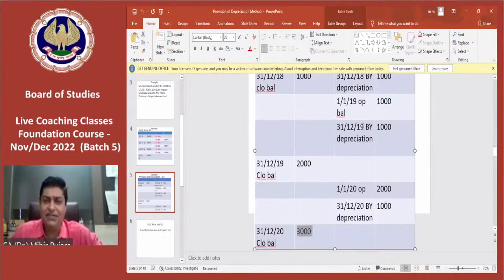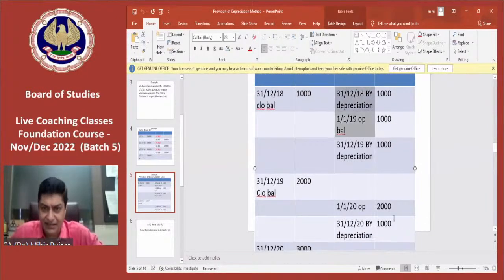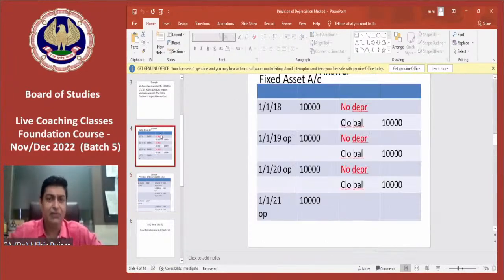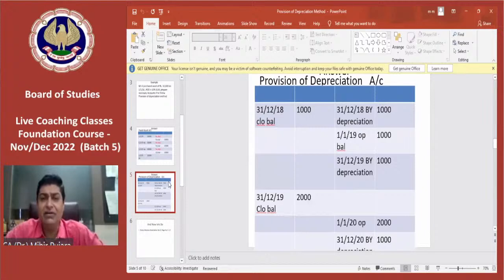So the first year 1,000, second year one more 1,000, so 2,000, third year one more 1,000, so 3,000. So the asset account will be shown at original cost, but the POD account will be increasing every year,